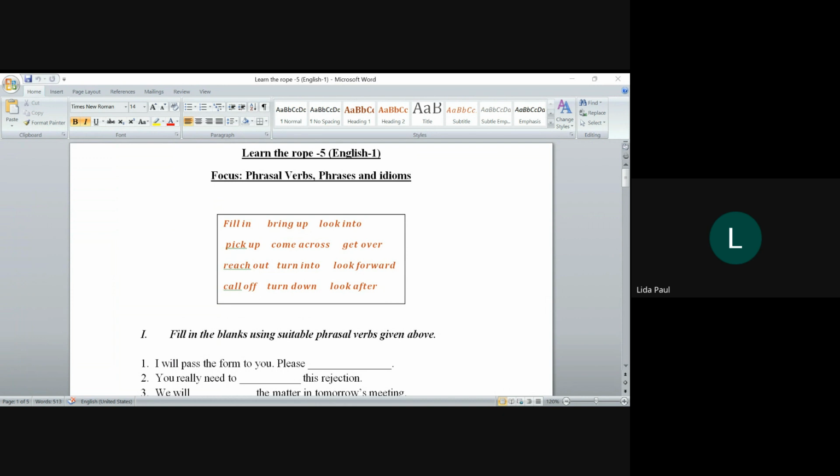All that you need to know about them, in terms of their use, is that the speciality about them is that they can be separable and inseparable. And we discussed that already, right? Two examples we've already discussed for that. This is all. It's a very simple topic, a very small topic, yet a very important one as far as the communication part of the English language is concerned, right?